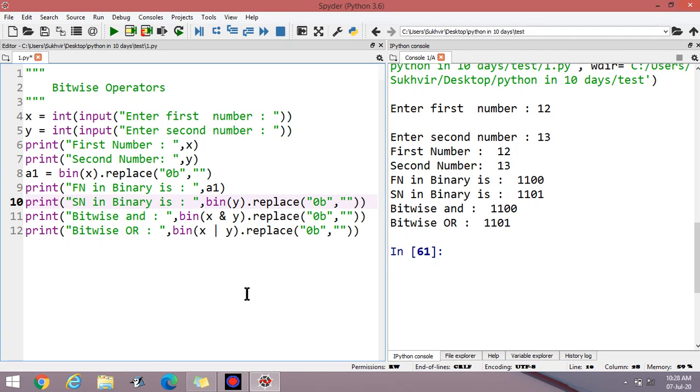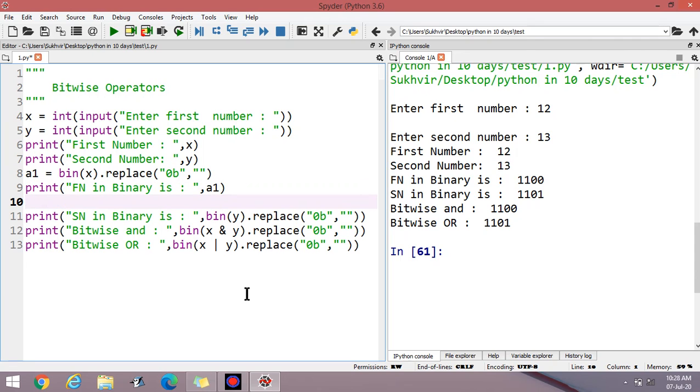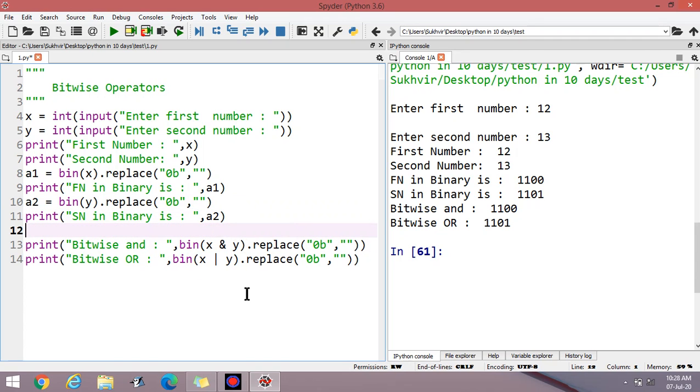Then the second value, you can write A2 here, Control X, Control V. Then A3, Control X. These are similar operations, nothing else.